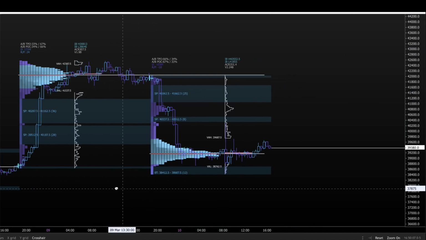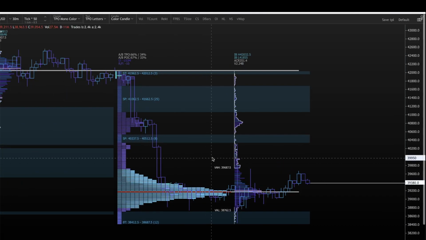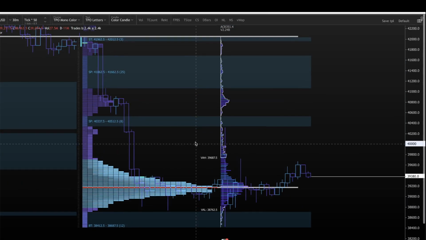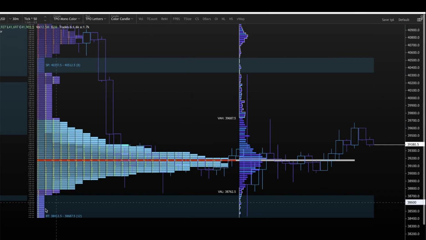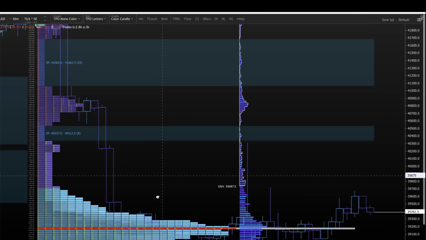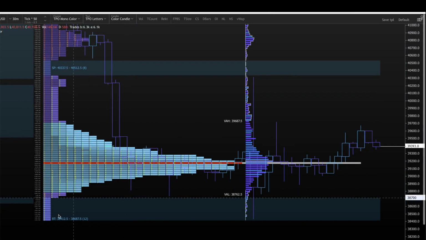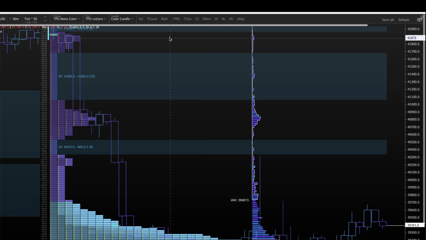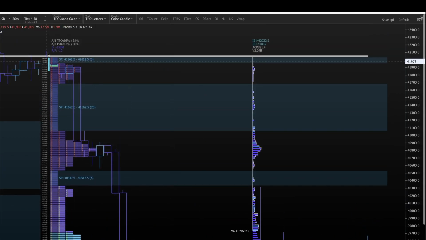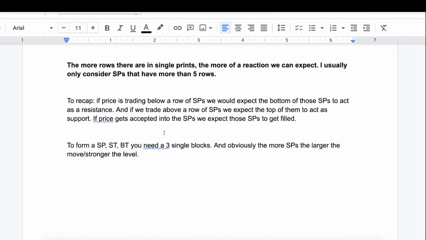You will notice that when price comes to the top of a balance, it will oftentimes form single prints at the bottom or at the top. If it's at the top, this is called a selling tail. If it's at the bottom, that is called a buying tail. Why? Because price came down low and there was a quick buy up at the bottom. Why is it called a selling tail? Because price came up high and there was a quick sell off at the top. Okay? Now,